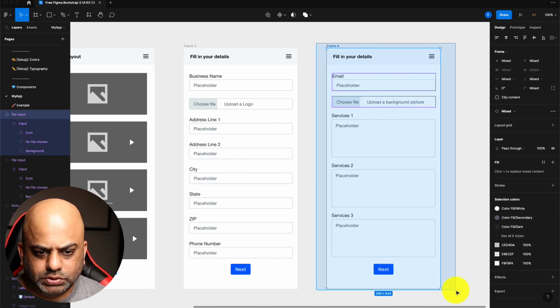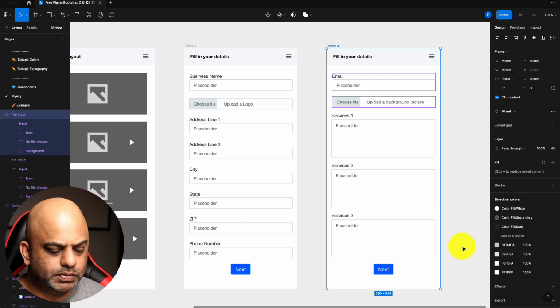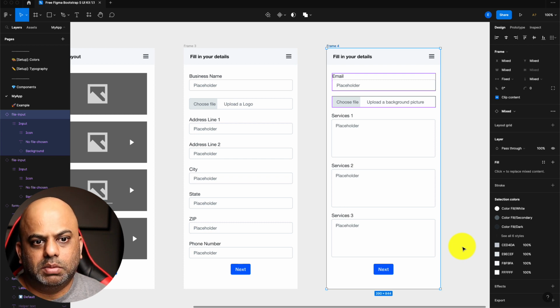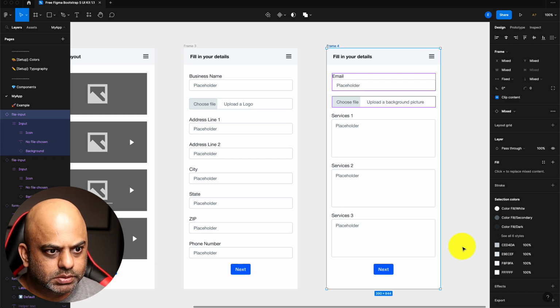I'll do one more just for the sake of it with the about us text in there.